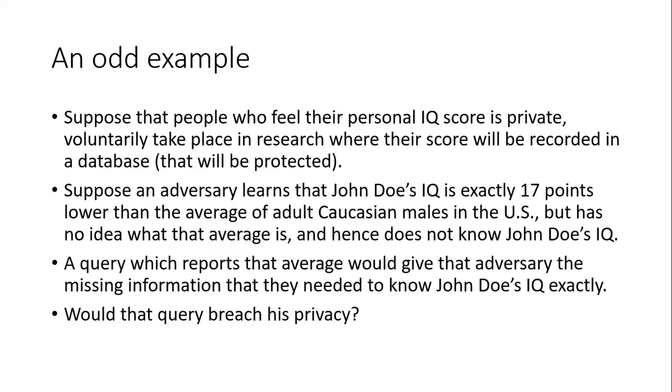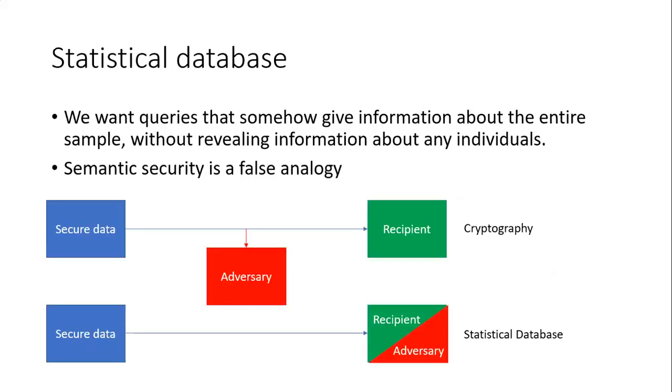So basically what this is all leading to is the idea of what counts as auxiliary information that we need to protect against, and what counts as an actual breach of privacy. In any given example, we all intuitively feel whether it is or is not a breach of privacy, but how do you define that in a way that is applicable to situations that you haven't already considered? And so this is all leading to the definition of differential privacy, especially with this odd example.